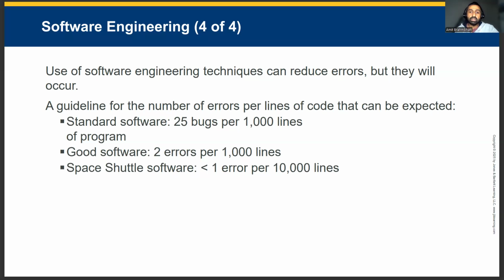These comparisons show that quality is not accidental. It is achieved through careful processes, disciplined engineering practices, and continuous verification. Even then, perfection is unattainable. The purpose of tracking defect density is to set realistic goals and make informed decisions about testing cost and reliability. The slide reinforces that reducing errors is about managing complexity, not eliminating it entirely.